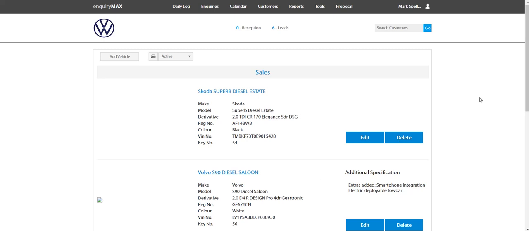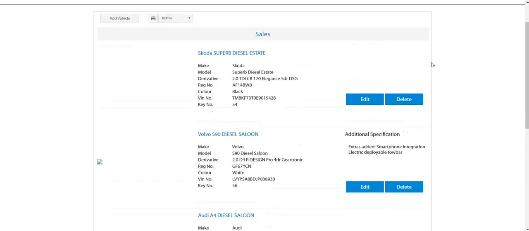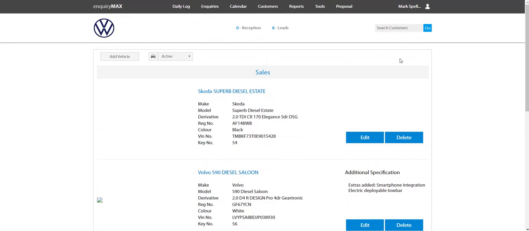So when it comes off fleet, you can start to get an idea of the price of getting the vehicle back to its original condition if it's had any damage from the amount of test drives that you've done in that car. You can add any vehicles onto here, so if you've got courtesy cars, etc., you can add them as well. So going into the calendar,